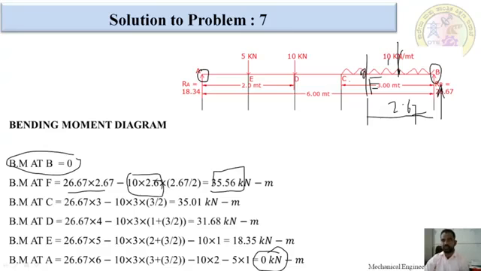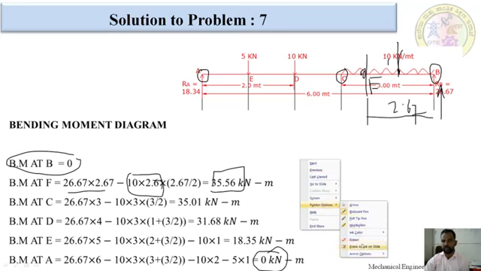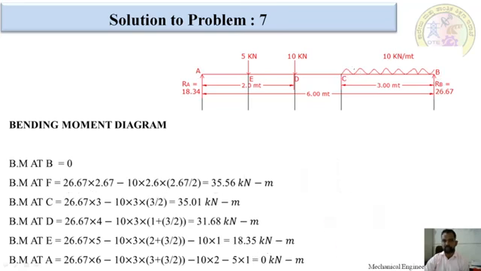After calculating F value, we have to concentrate on calculating C point. At C point, how much are we having? Up to here you would have understood. Now I want to calculate this point. This is upward force, positive, into this distance, and this is the imaginary point load, 10 into 3, up to here, from here to here, this point distance.